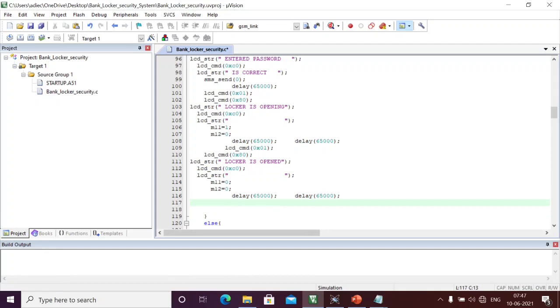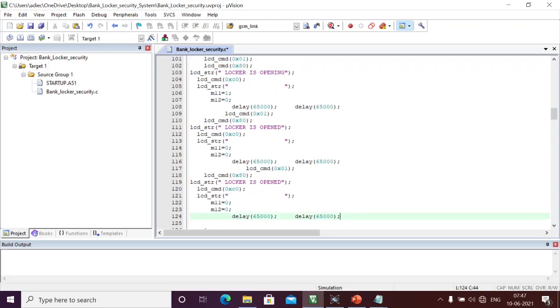Okay, after the withdrawal I should close the door, and here in a similar way I'm going to write the same thing. I'm just copying the same content and pasting it here, and after some delay I'm clearing the previous text, opened. Here I will say closing.